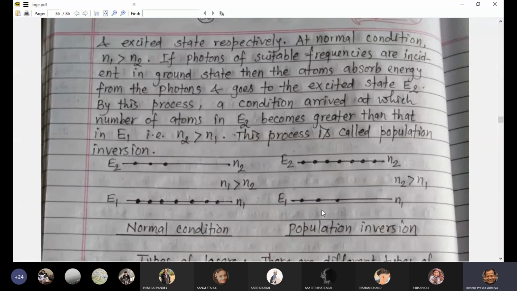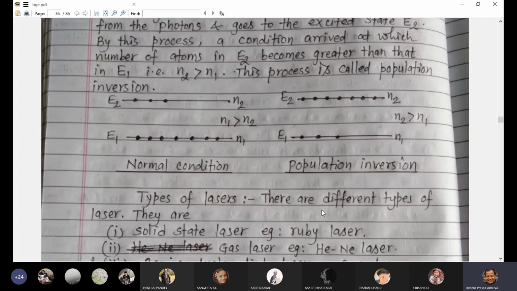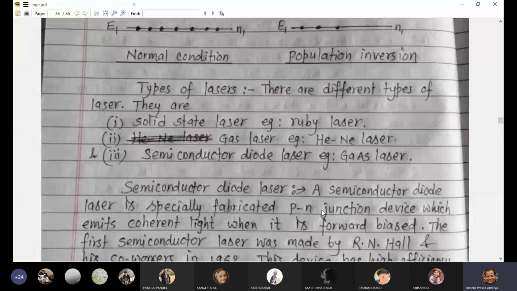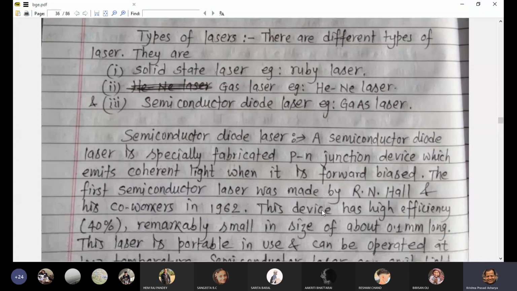To produce laser light, population inversion is necessary. Population inversion is necessary to produce laser light. Now, this is about population inversion. Now, what are the types of laser? There are different types of laser, and in class 12 and in second semester,